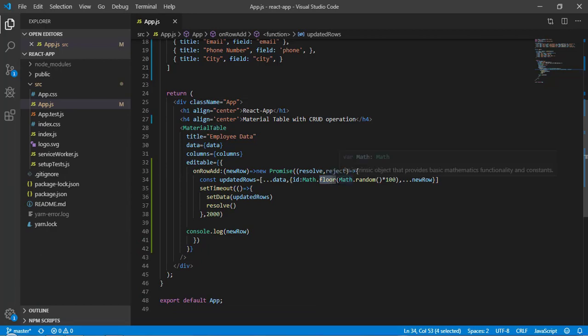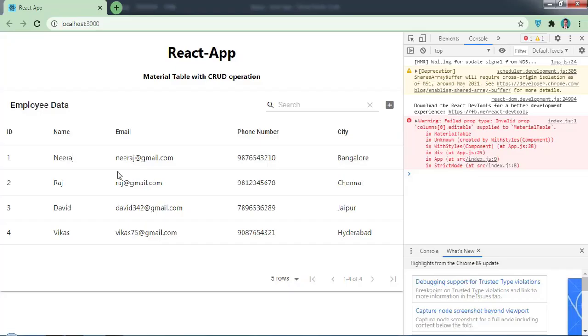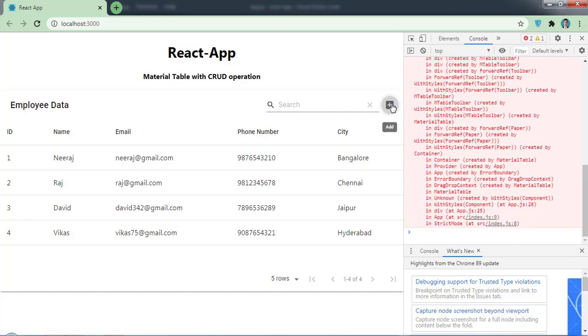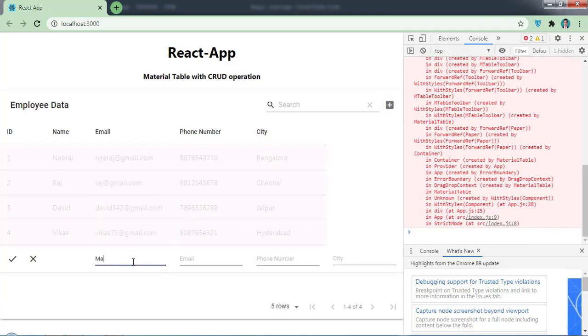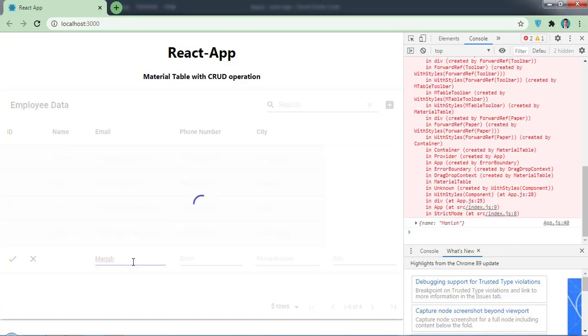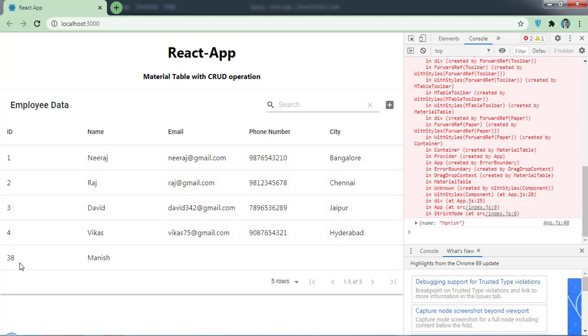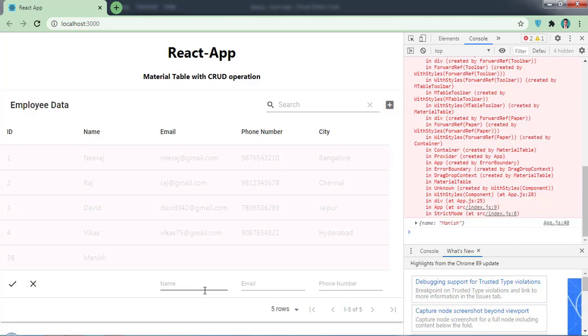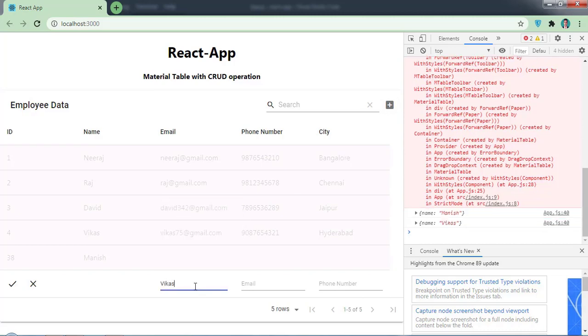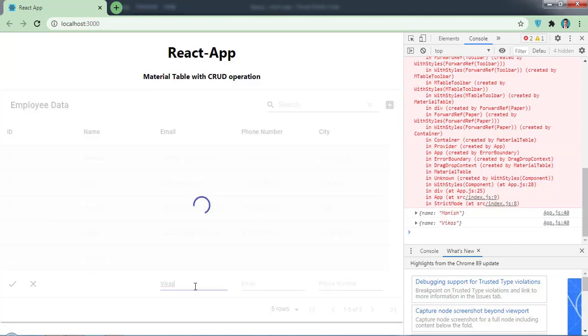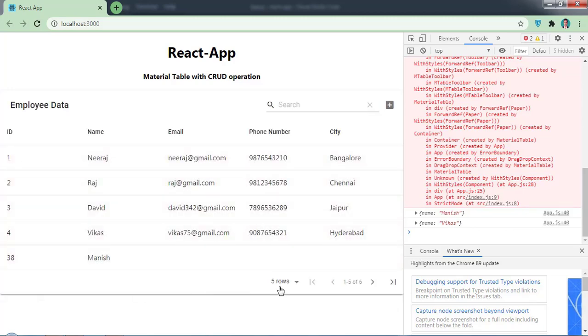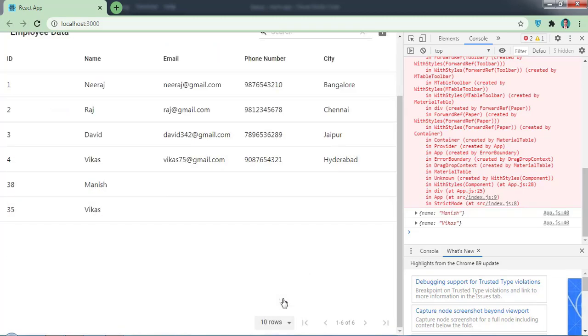This is basically truncating the value. Now save it, come here, add a new row, hit enter. Now you can see we have 38 here. If I try to add a new one, you can see this is the fifth row, Vikas, and 35 got generated.